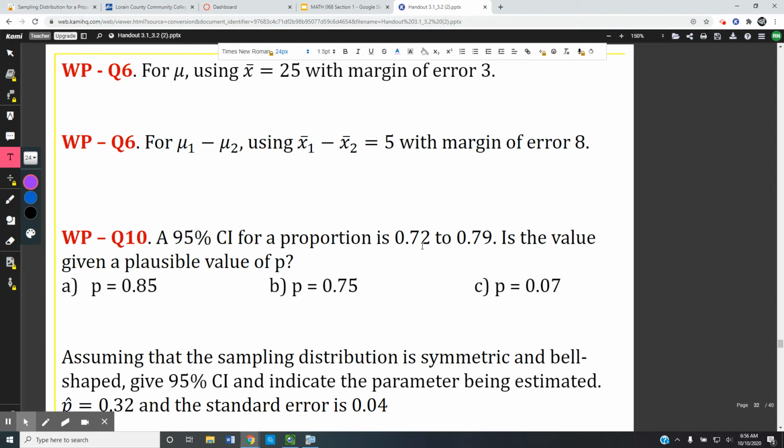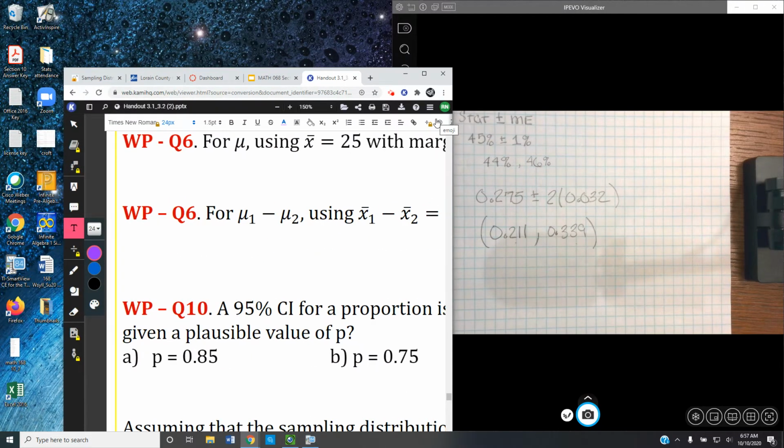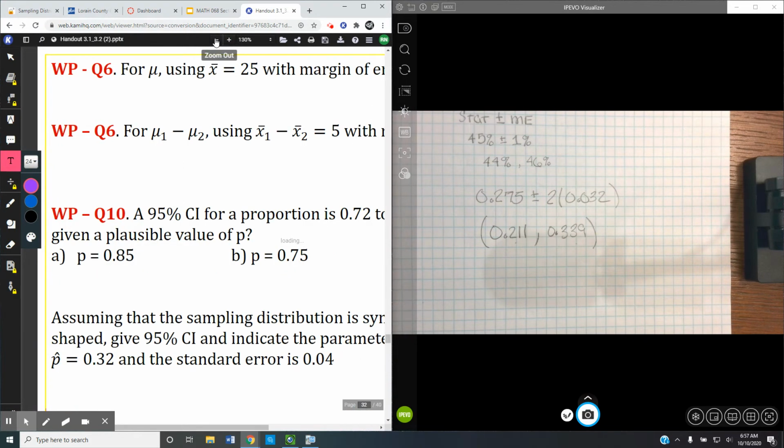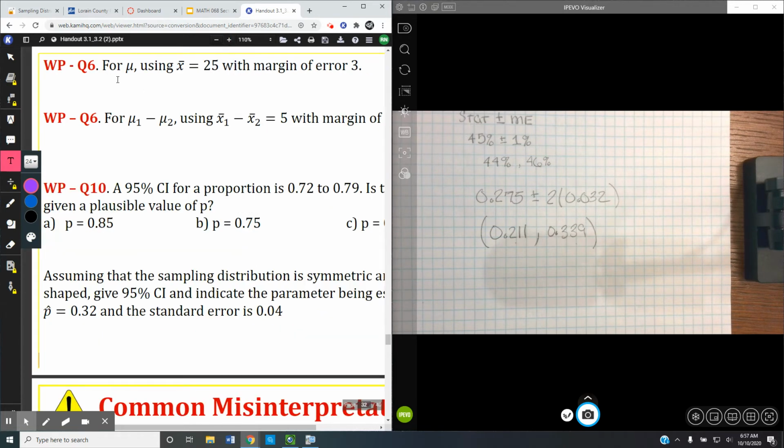Question in Wiley, and these are questions 6. So for instance, for mu, using x bar equal 25 with a margin of error of 3. So it appears that what we're doing is we're writing a confidence interval level. I don't see the directions, but that's going to be my assumption right here. So again, I'm going to minimize back down so I can write too. All right, so the first one here. And let me shrink this down a little so I can see the whole thing. There we go. So for mu,